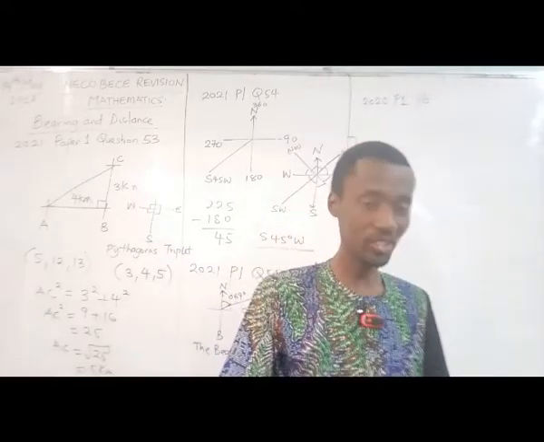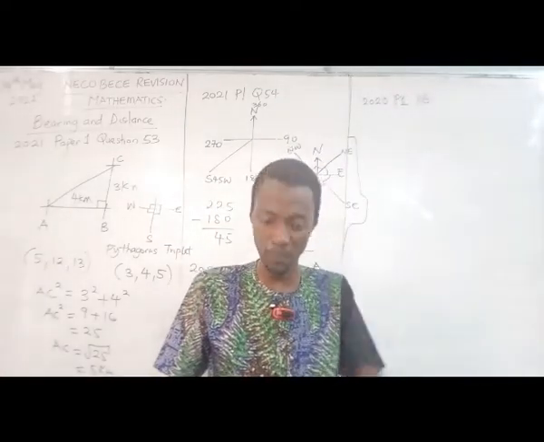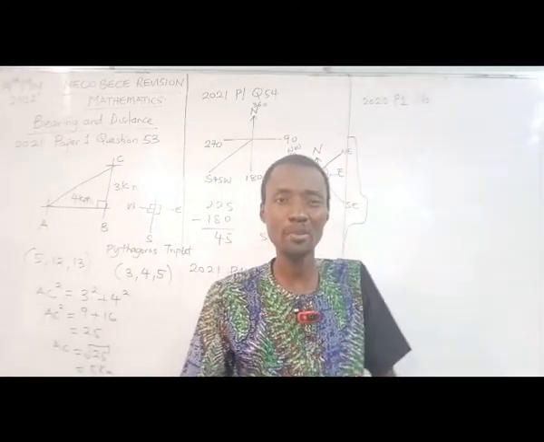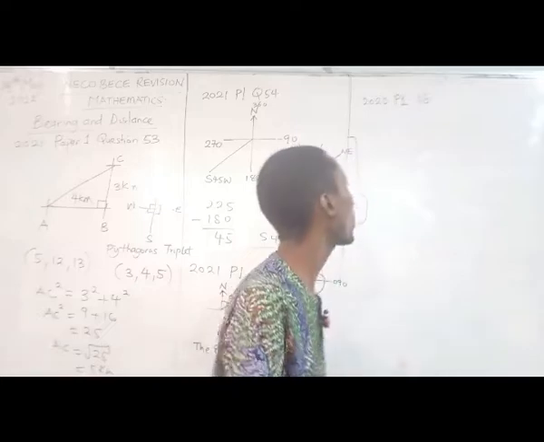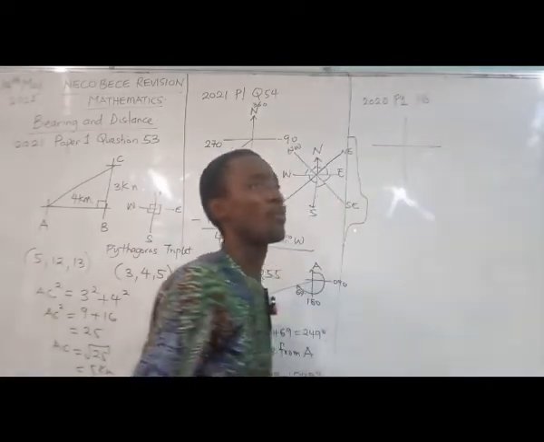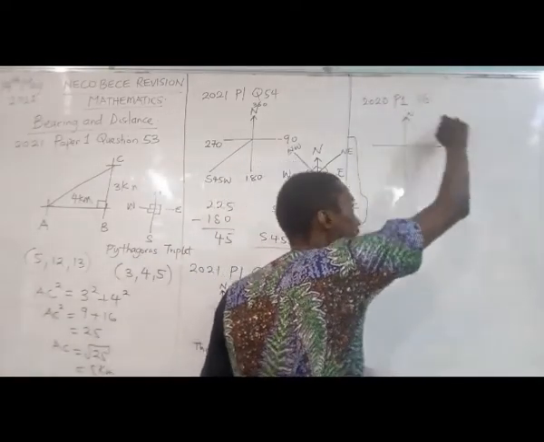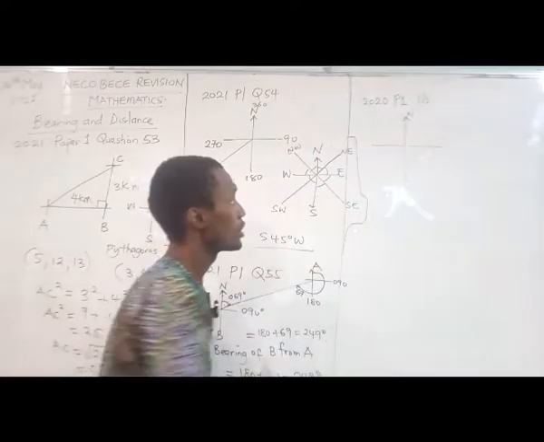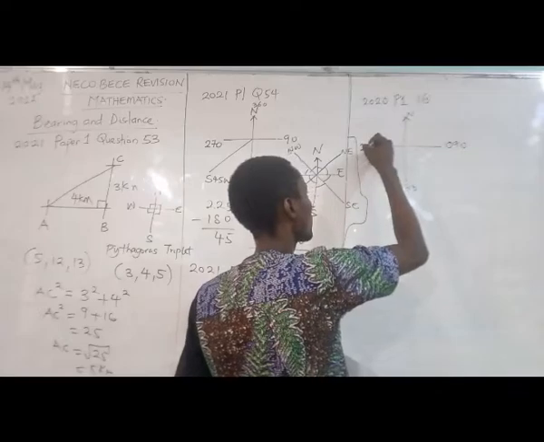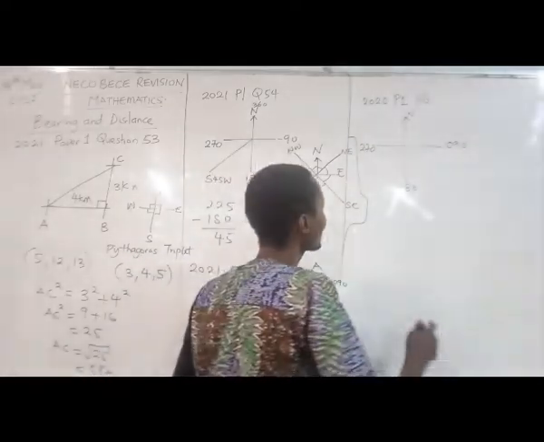So, what the question requires you to do is to convert this surveyor bearing, which is 3-figure bearing, to compass bearing, which is like saying in terms of north, east, south, and west. So, what you simply do is to draw this. For a surveyor bearing or 3-figure bearing, we start from north and we read in a clockwise direction. So this will be 090, this will be 180, this will be 270. I'm repeating this so that you remember. And with that done,